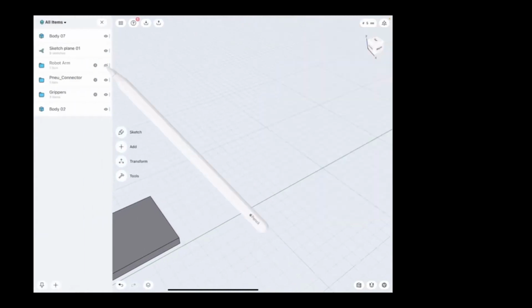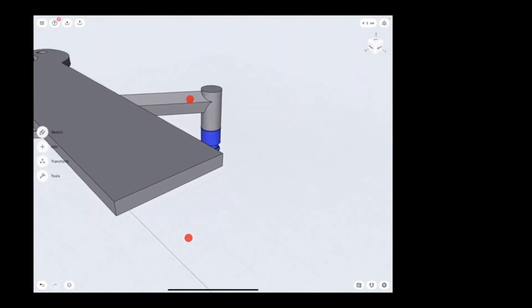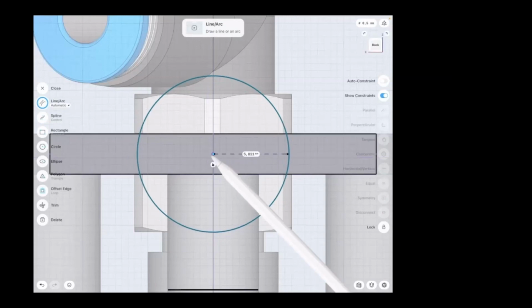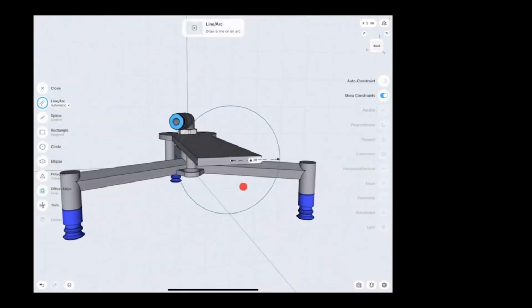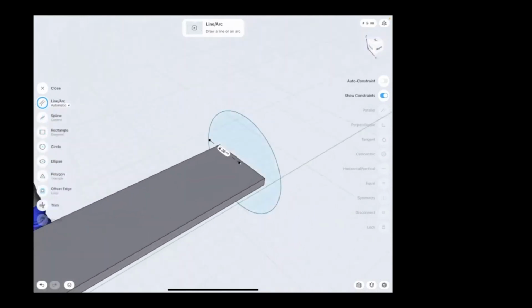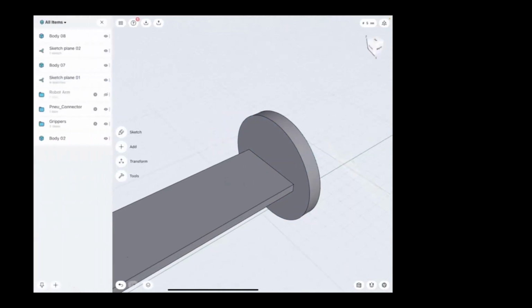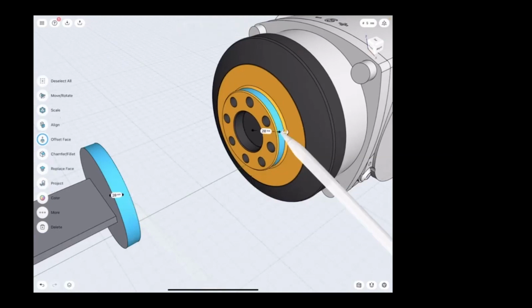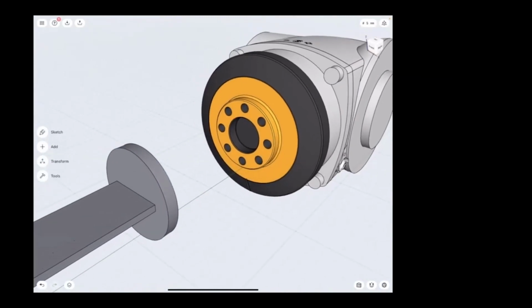Let me just hide the robotic arm because it will cover my view, and I'm going to draw a sketch on that tiny planar face. It will be a simple circle with a 20mm radius. And after rotating away the view and extruding it to get a small disc shape, I will turn back on the robotic arm, and there you can see that the reference has the exact same dimension that I created, which is fine, but from the alignment, it is not that optimal.